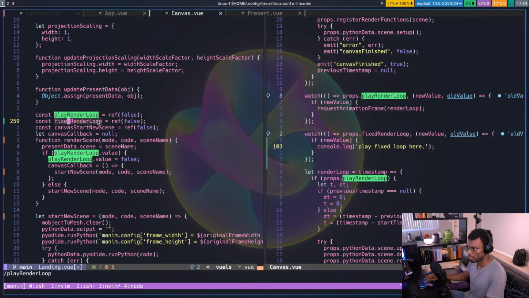Oh, but it can't be a Boolean. I guess that has to be a string. Oh, that isn't live initially. Okay, so then this will have this render mode. The V model can be the render mode, sure, and then I won't create one here. And what I need now